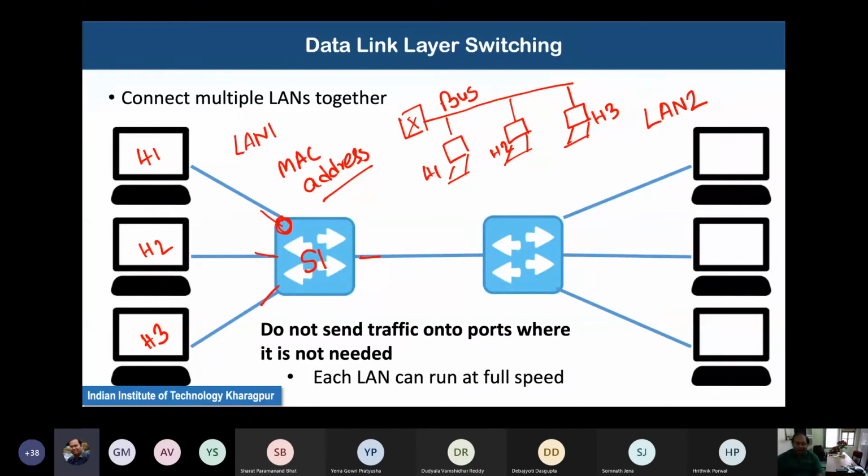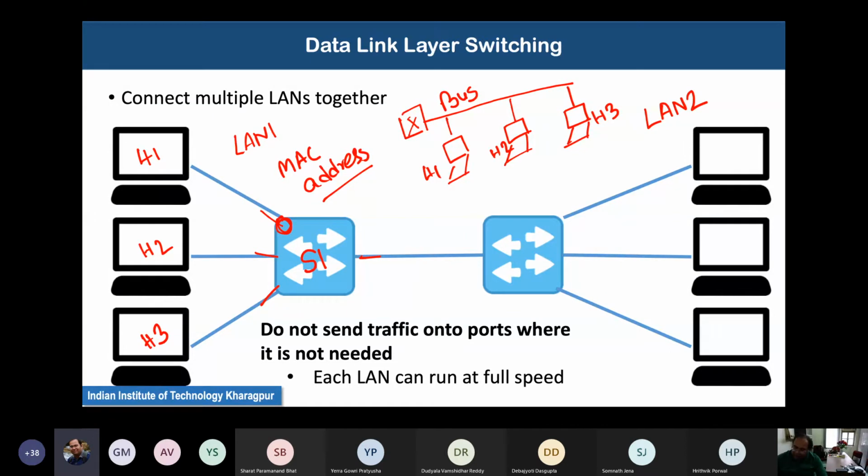So now this concept of broadcast domain is confined to the devices which are connected to a switch. Nowadays, we call a set of devices a single LAN if they are connected to a single switch. The earlier concept of broadcast domain is not applicable anymore.